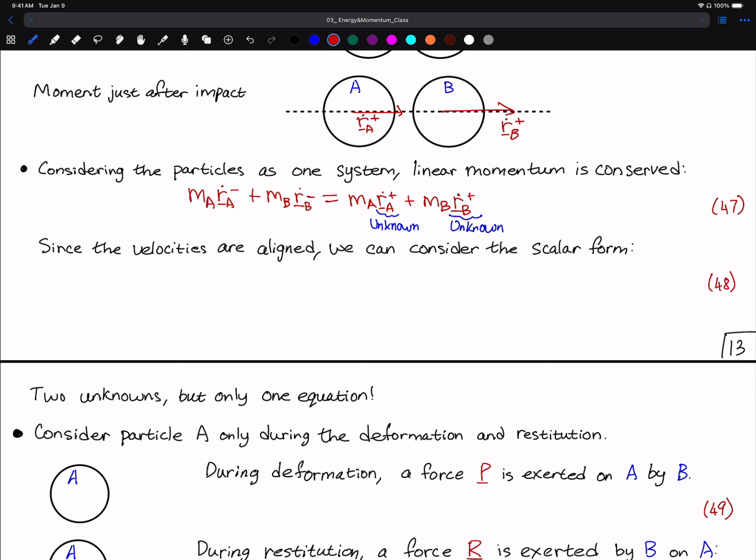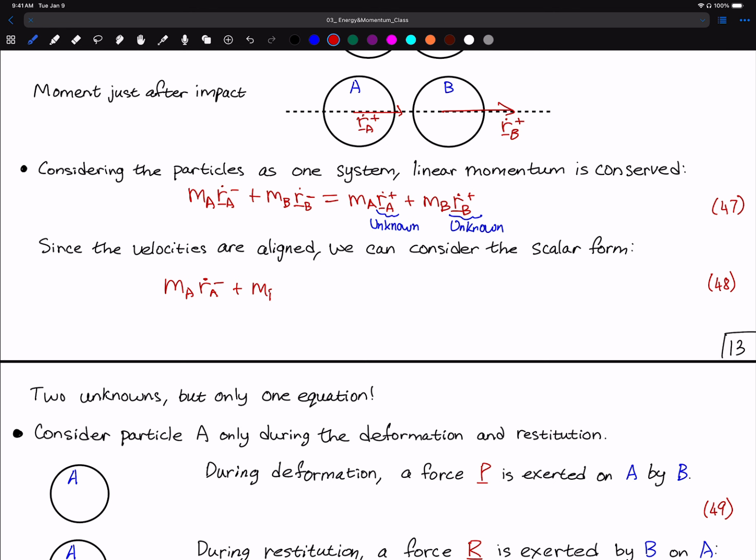Now, since the velocities are aligned, we can consider only the scalar form. We don't need to consider the vector form because their velocity vectors are pointing in the same direction. So in this case, we're going to write here m_A ṙ_A minus, this is just a scalar,